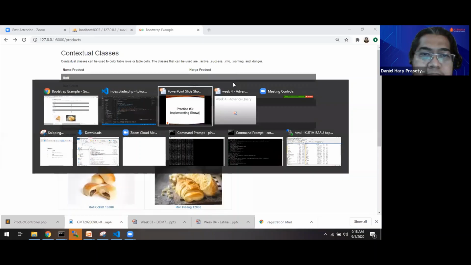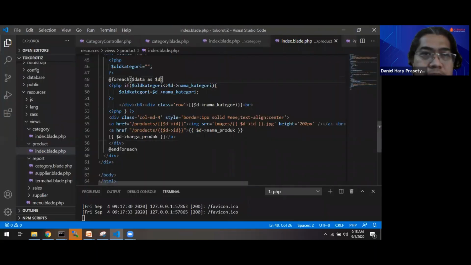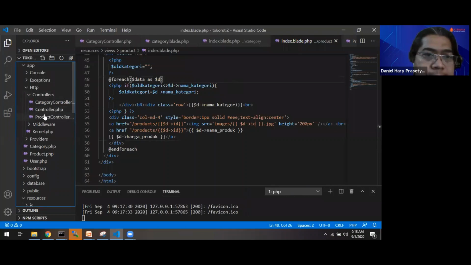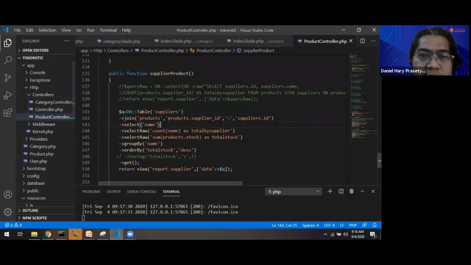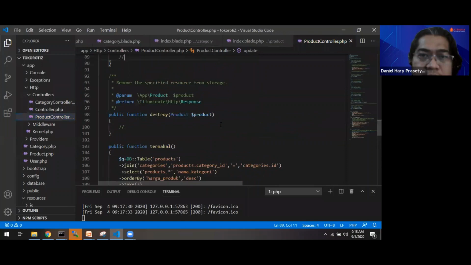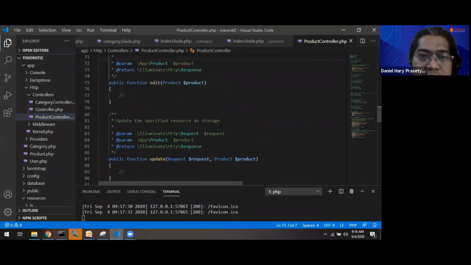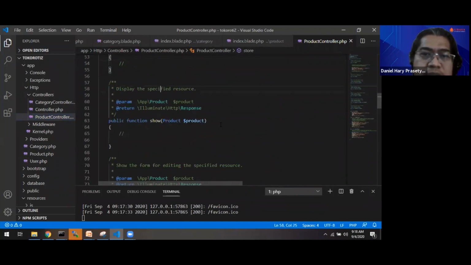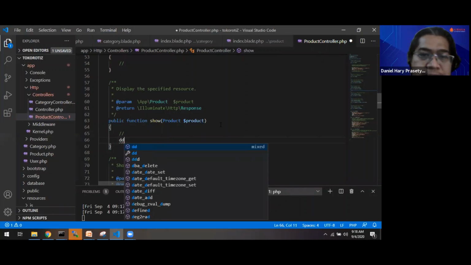In the product controller, sorry, there is a show here. For debugging, for checking first what the actual object structure is, we can use the dd function followed by the object.